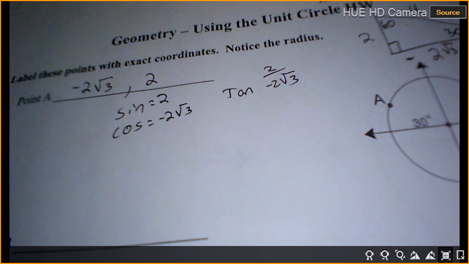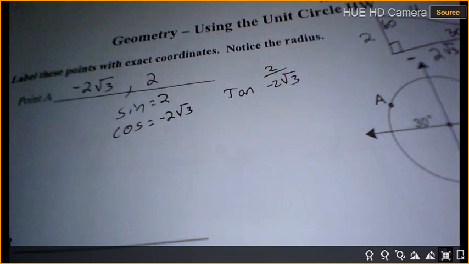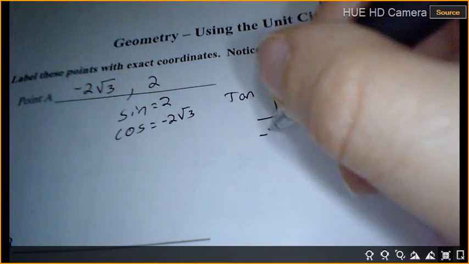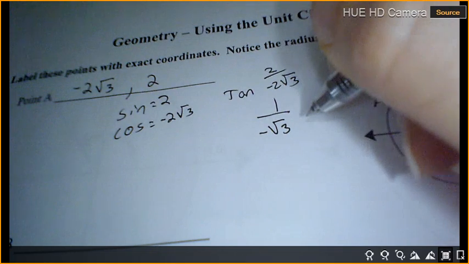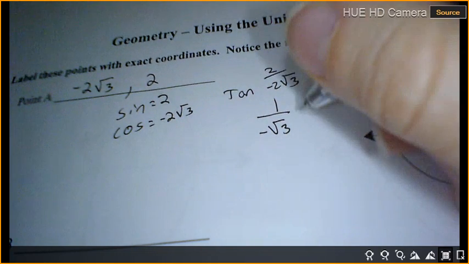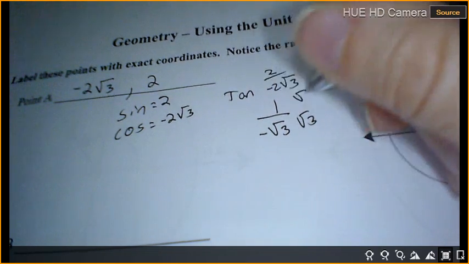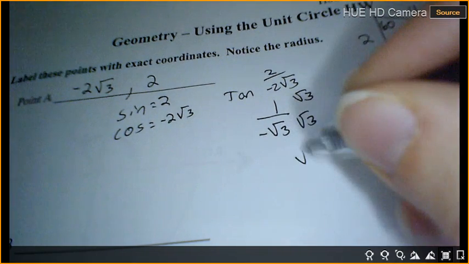We a little bit better? Sorry, I didn't mean to go too fast. What is 2 divided by 2 give us? 1. So we've got 1 over the negative square root 3. Can we have a square root 3 on the bottom? No. So we multiply the square root 3 on the top and the bottom. And we're going to get square root 3 over